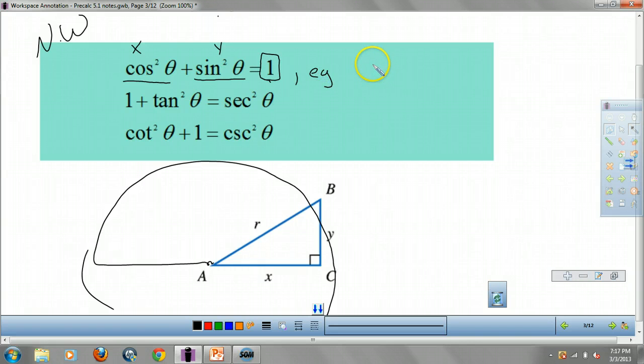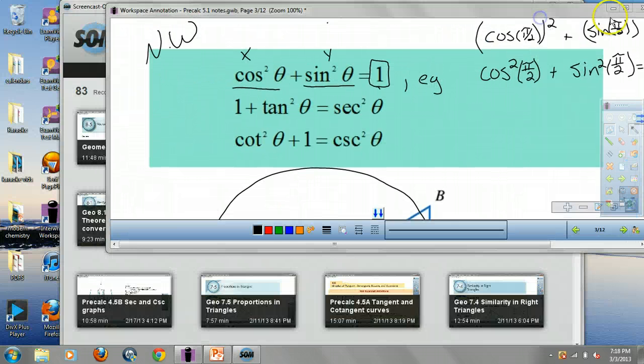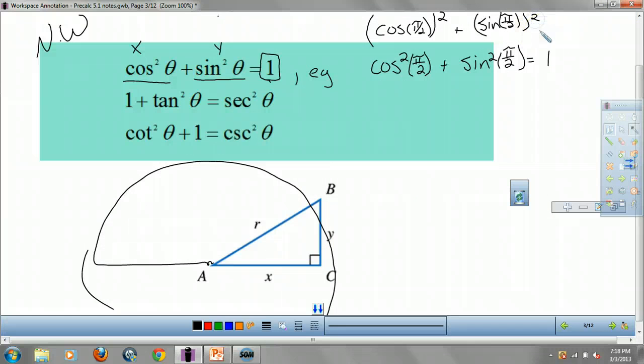E.g., for example, your cosine of pi over 2 squared. By the way, this squared up here, that means this whole thing squared. Plus sine squared of pi over 2 is 1. And you can plug that in a calculator and check it. I'm just going to put this so you guys know what we're talking about. Craziness. Okay, the next one is